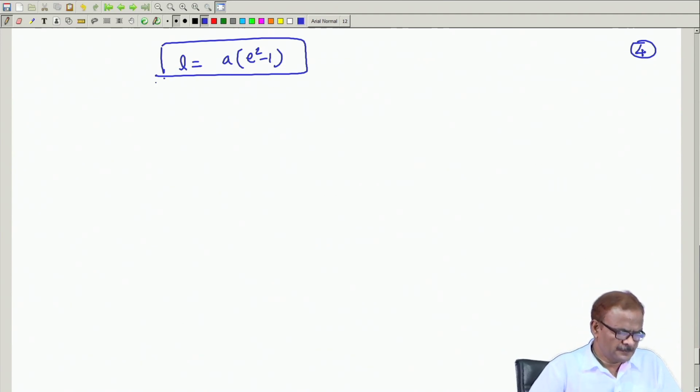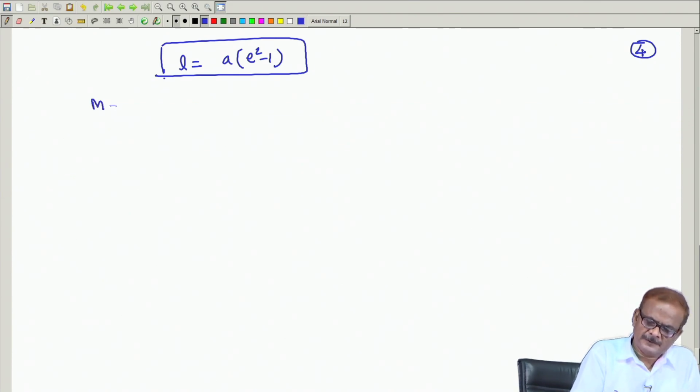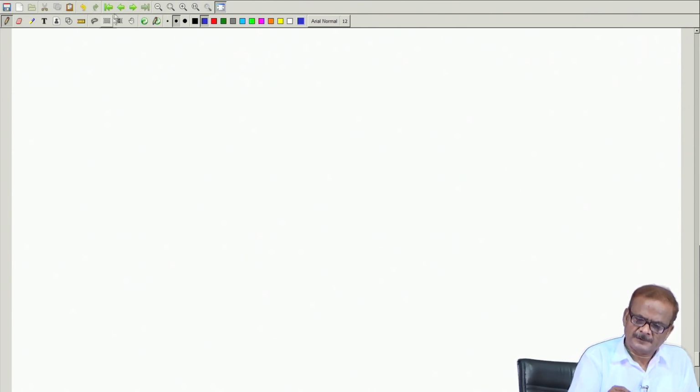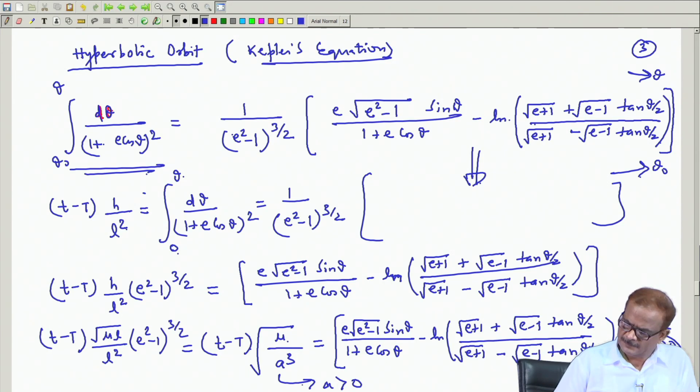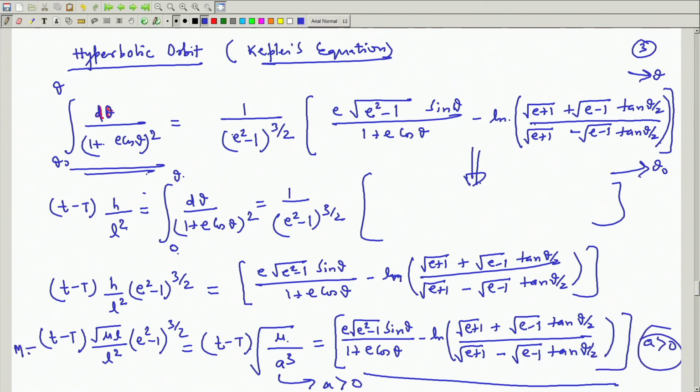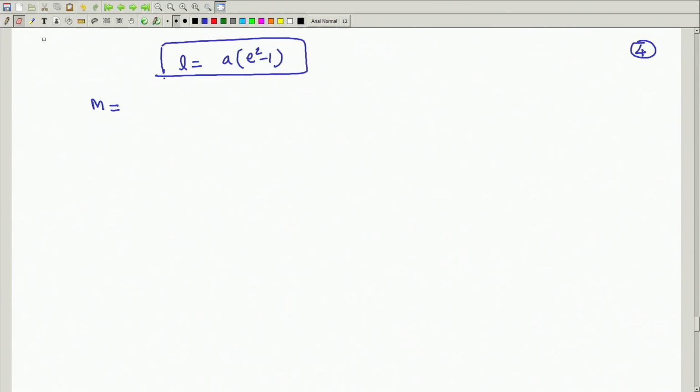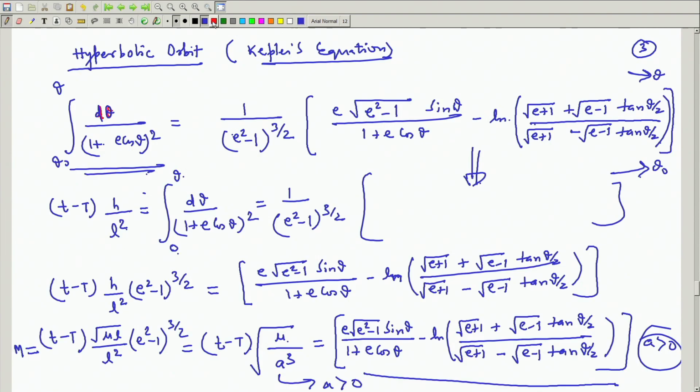Okay, so this way this problem is also solved, and here we write M, this is the mean anomaly, and on the right hand side this whole thing is to be copied. Better we write here in this place itself M equal to, rather than copying one more step and wasting time. So, we skip that step. Okay. So, this is your solution: M equal to finally this quantity here.